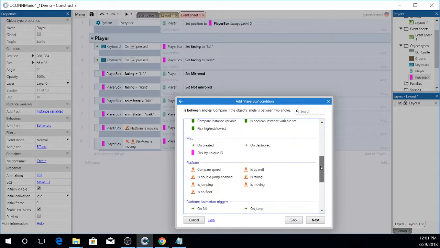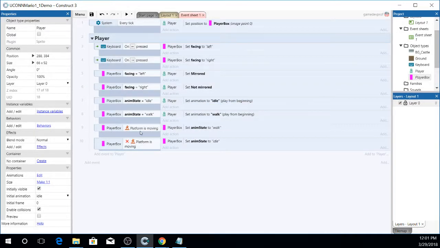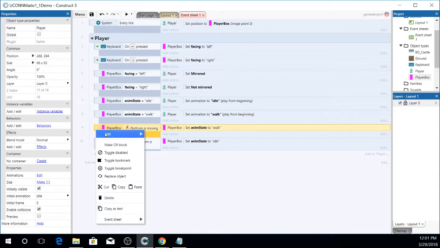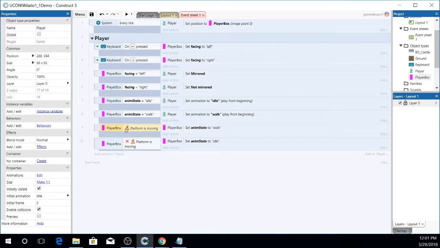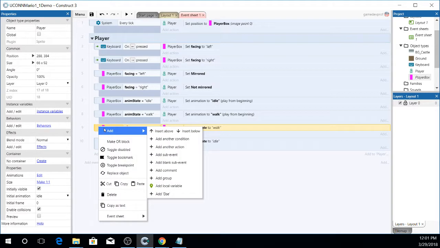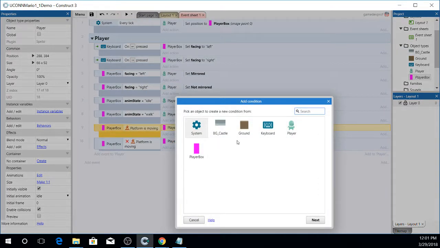Before we do that, let's check out this. Platform is moving. We're going to add one more condition here. Sometimes we want to do two things. So let's right click, right here on this little square. Right click, add another condition, and this condition is going to be player box